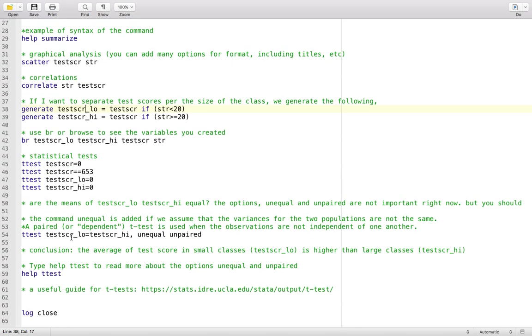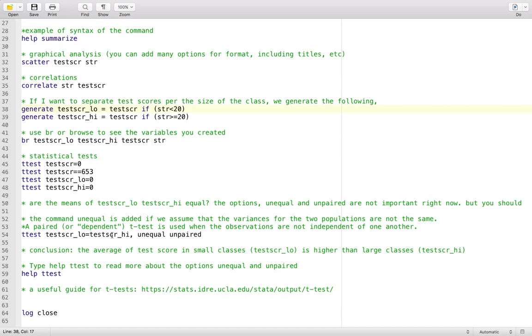And then you can also do this test, where you want to test a relationship between two variables, right? You want to check whether the average test score of small classes is equal to the average test score of large classes. It makes sense to believe that small classes would get more attention from their teacher, and hence they would have higher scores. So you want to test whether it is statistically significant